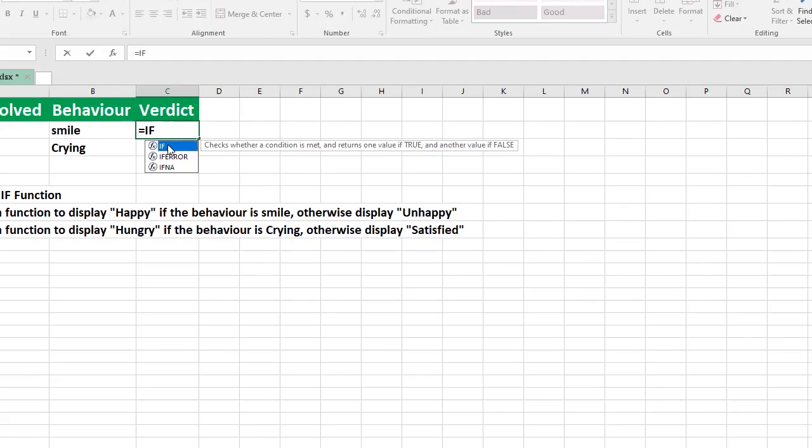Once selected, it now asks us for the logical test. The logical test is the particular condition that you want to check, whether that condition is